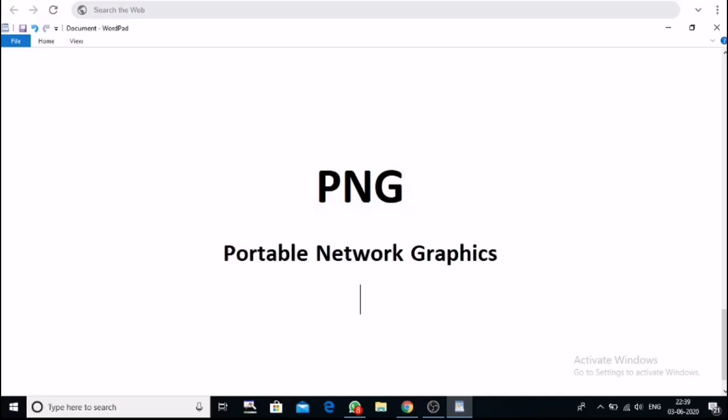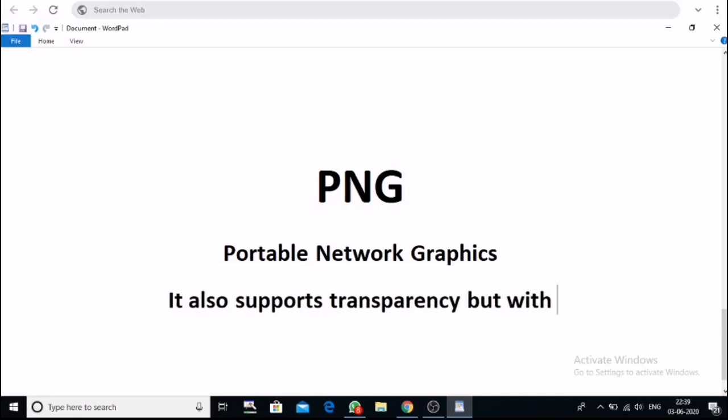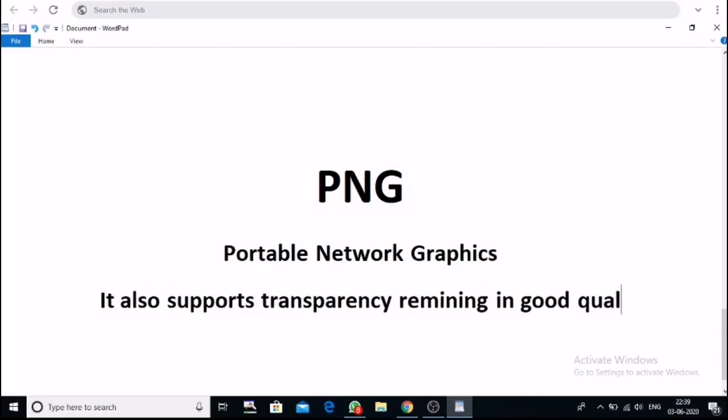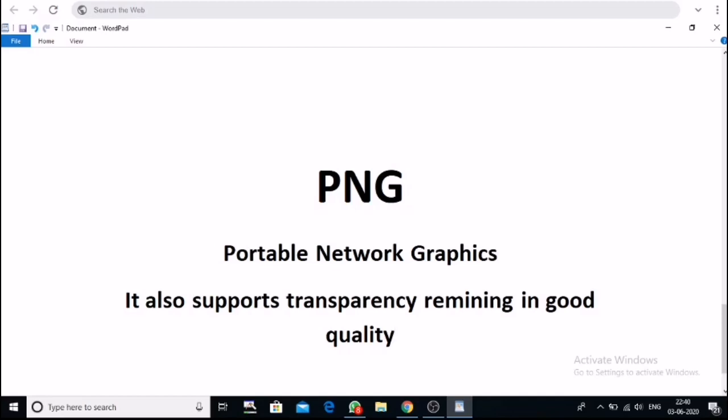And it also supports transparency, remaining in good quality, right?